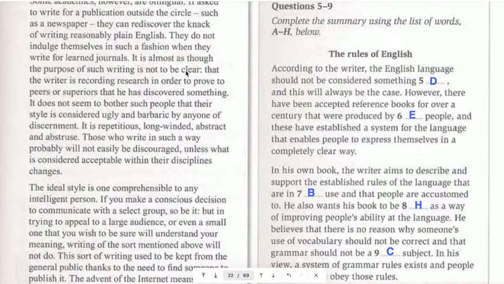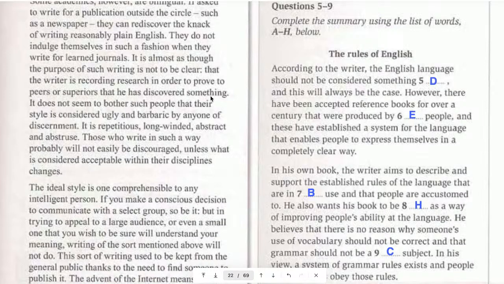I mean, he said that maybe the purpose of such writing by those academics is not to be clear. Those academics don't mean to write something clear. You understand? They try to make something hard to understand, just to prove what? In order to prove to peers or superiors that he has discovered something. He tries to write something very hard to understand just to prove to people that, hey, I have discovered something